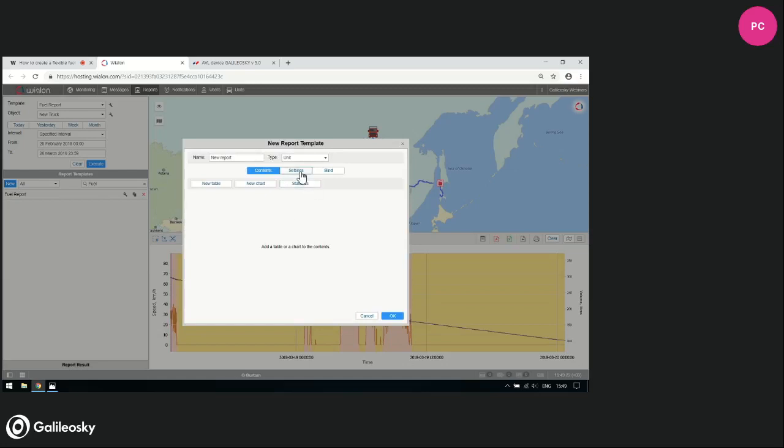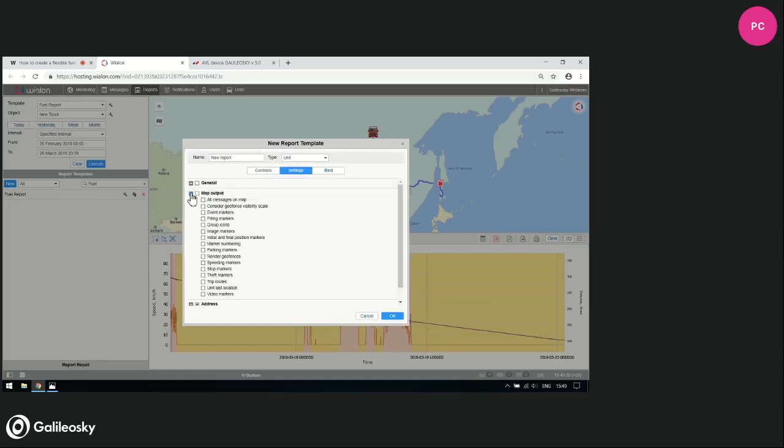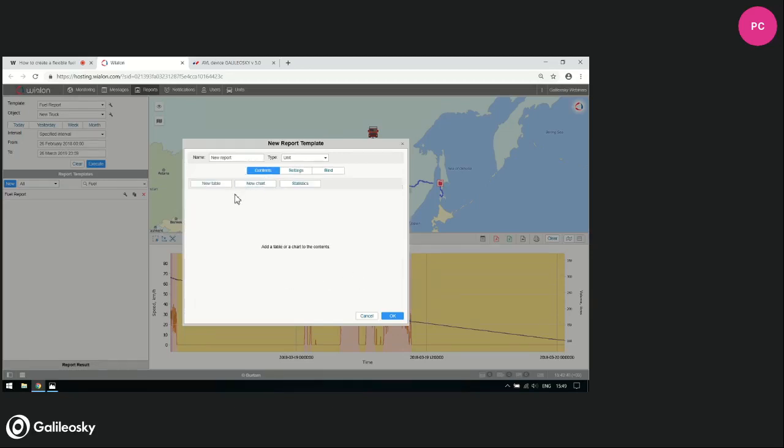If you want to display a track on a map or markers, go to the settings, expand the map output options, apply trip routes, fuel-fill markers, and theft markers, for example. And go back to contents, add a new table,